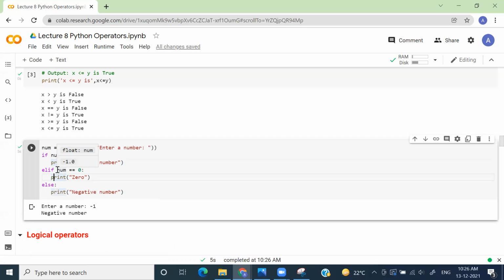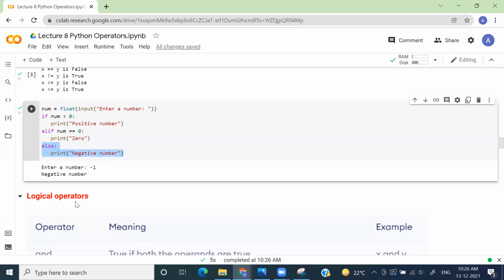No, -1 is not equal to 0. It will not execute this line. Now it will go to the final block, right? And whatever the final block says, it will execute. If these get false, ultimately this block will get executed.